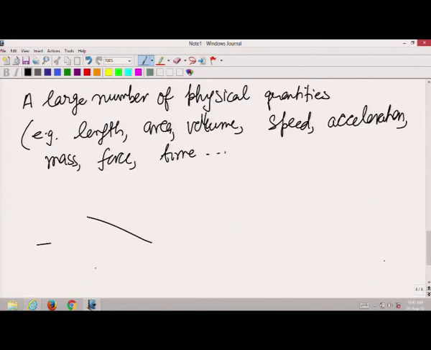So, the number of physical quantities which we want to express is quite large, but it turns out